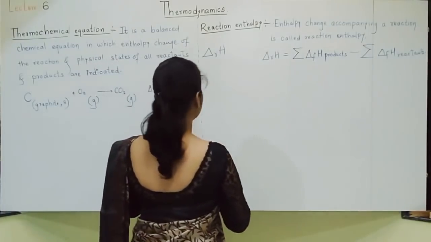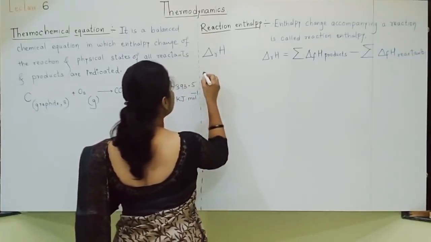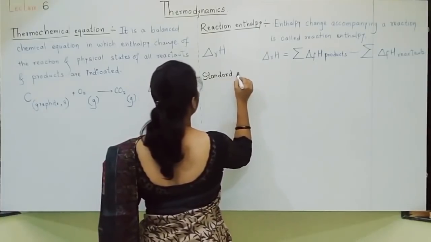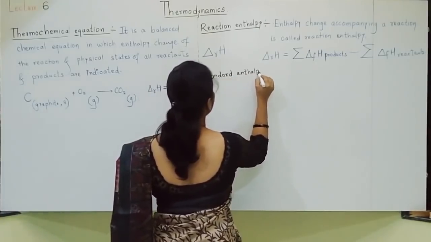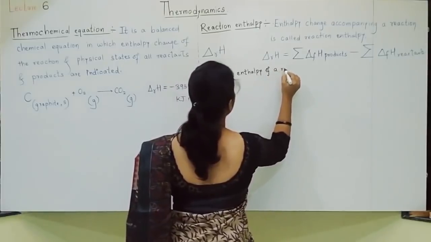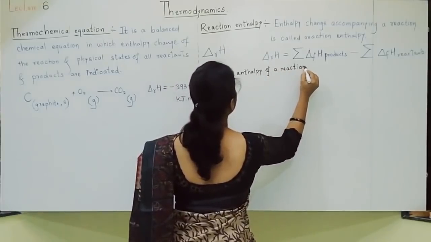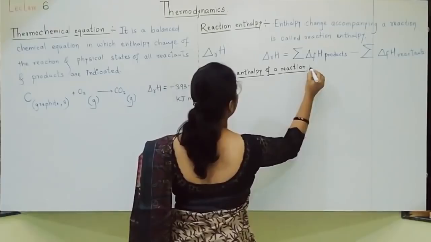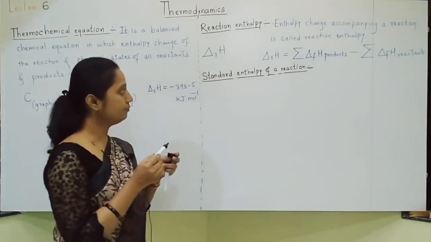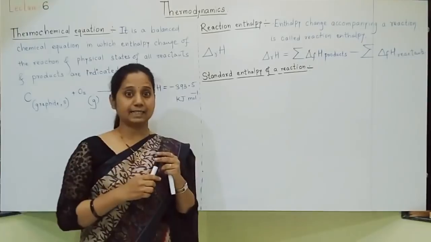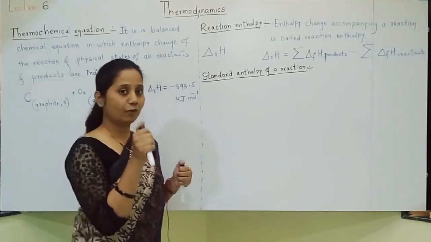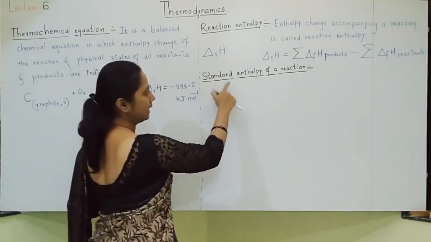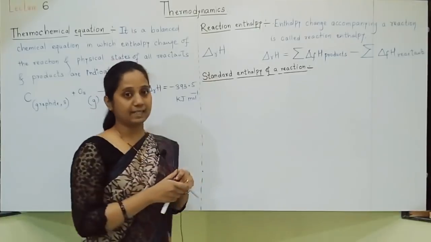Let us move on. Generally, reaction enthalpy is measured at standard conditions, and that is called the standard enthalpy of a reaction. Standard enthalpies are calculated this way. Now, what is the change in symbol? See here, the symbol is everything the same, standard enthalpy of reaction, but it is now standard.